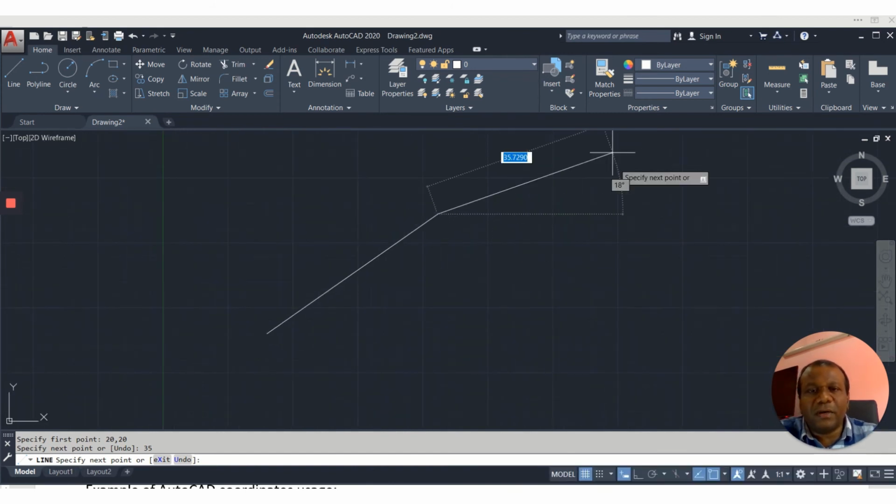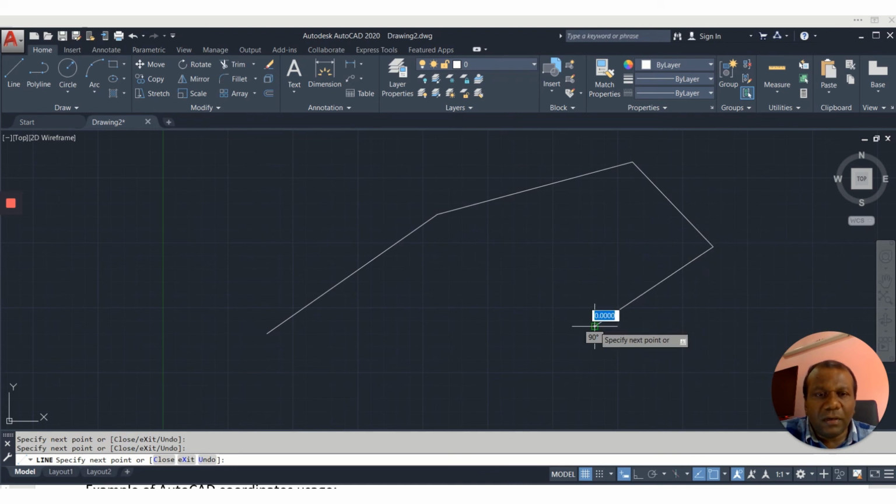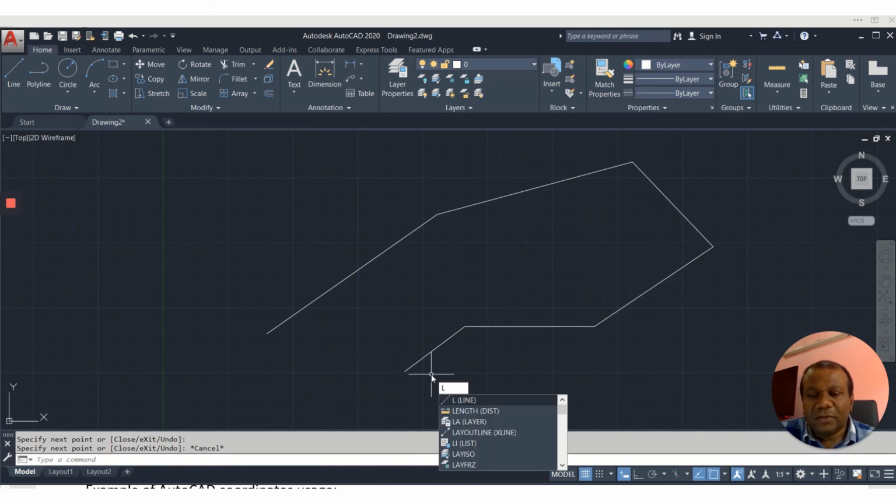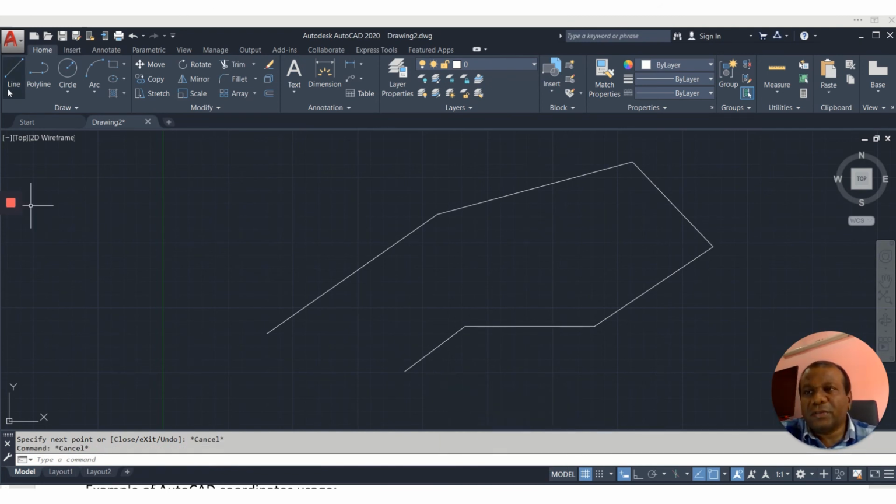Again, for the next point also, it is polar. So when dynamic input is on, according to the line tool, the first point will be absolute. Here I'll take L. Instead of L, you can take the line tool also. All are the same here at the top. Click there. Here it says specify the first point. When you move here, it will show the coordinates.